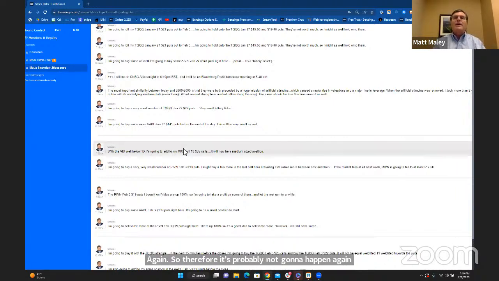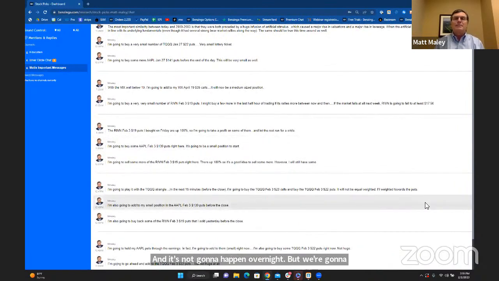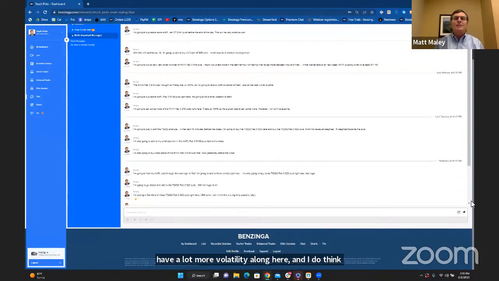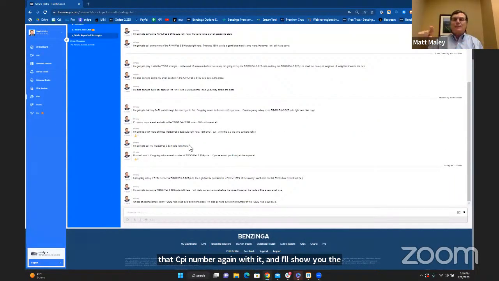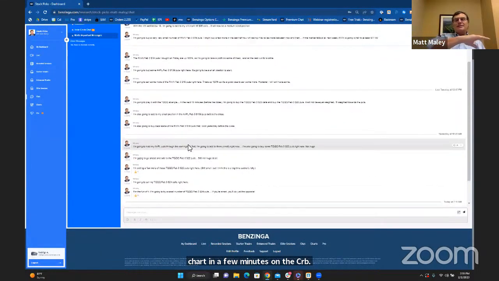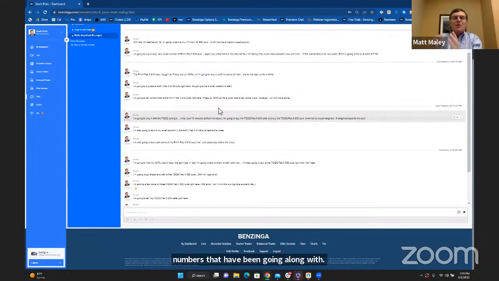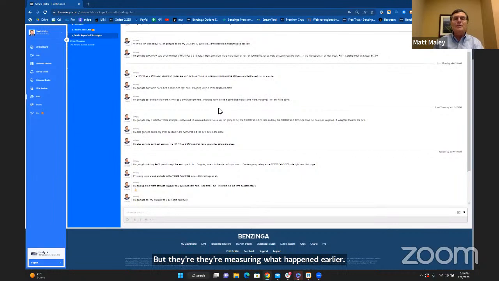But we're going to have a lot more volatility along here, and I do think about that CPI number. I'll show you the chart in a few minutes on the CRB commodity index. It's actually been trading sideways since September. So yes, those CPI numbers have been going along, but they're measuring what happened earlier. As they start to get the numbers from more recent times, those numbers are not going to fall like they have been. And then besides, year-over-year numbers, okay, that's great, because